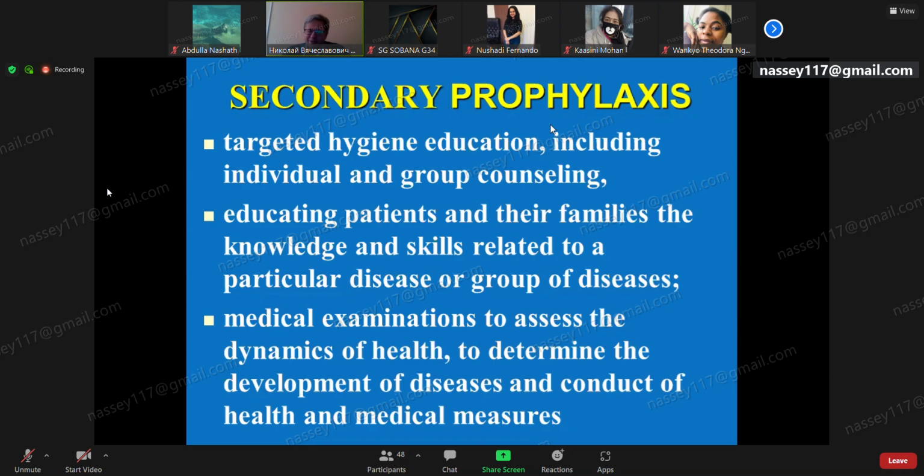This complex or system includes targeted hygiene education of patients, including individual and group counseling. Educating patients and their families in the knowledge and skills related to a particular disease or group of diseases,